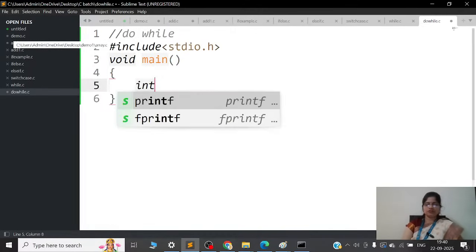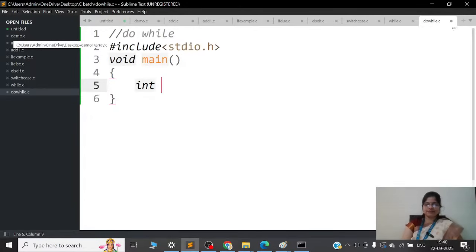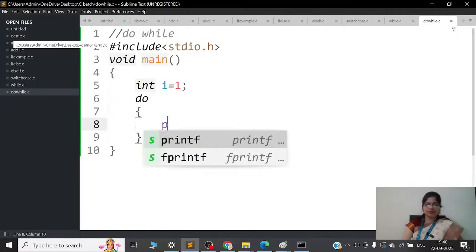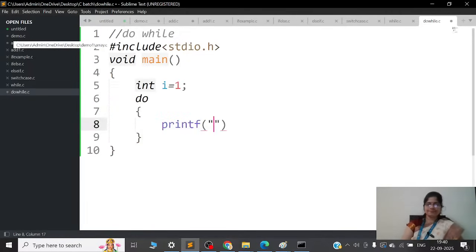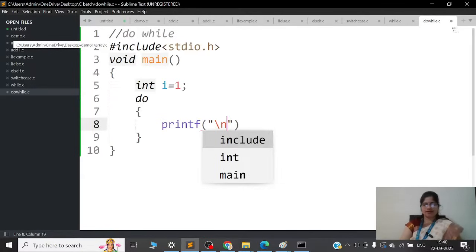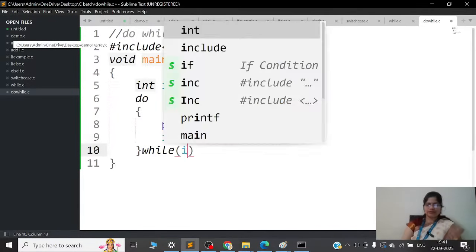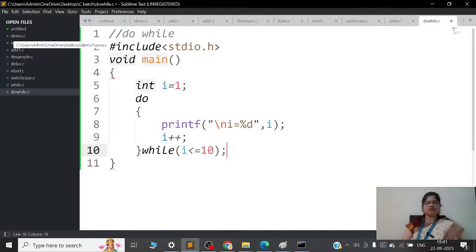Inside main function, we will initialize. Then we have do. So we want to print the value of I, \n I equal to %d. I की वैल्यू प्रिंट कर रहे हैं. I को इंक्रीमेंट कर रहे हैं. And here we are putting a while condition. So while I should be less than or equal to 10, and it ends with a semicolon.